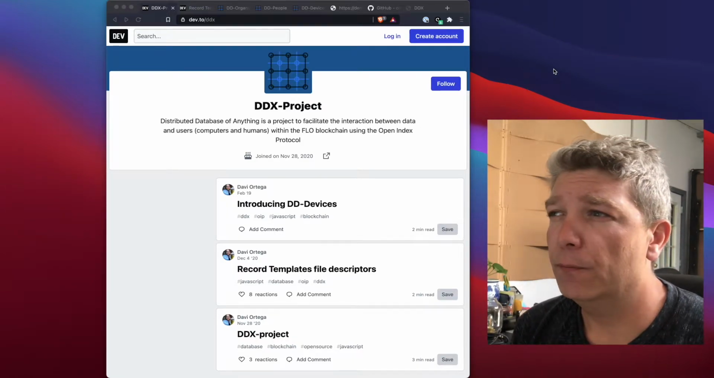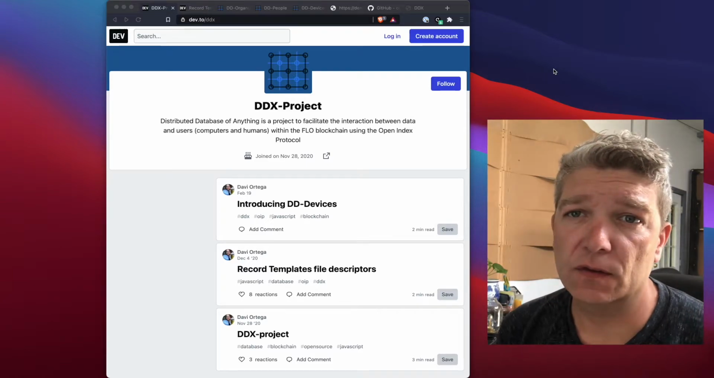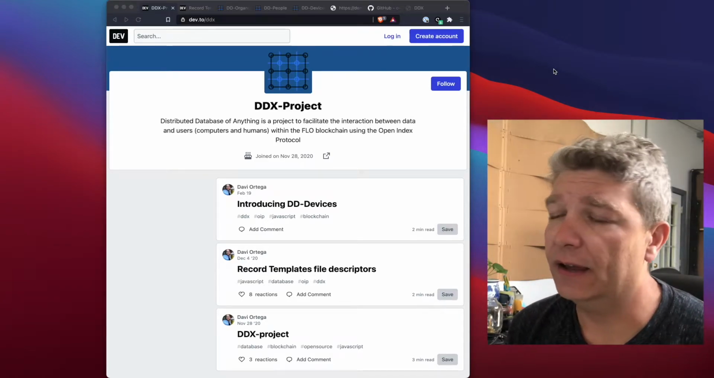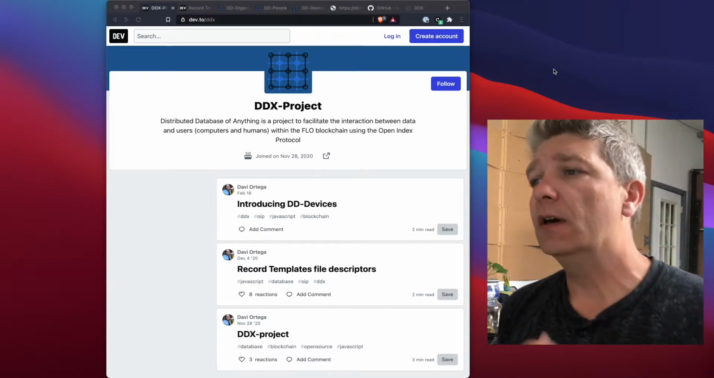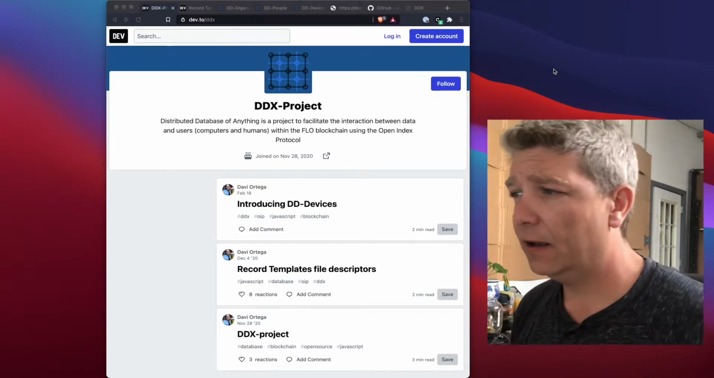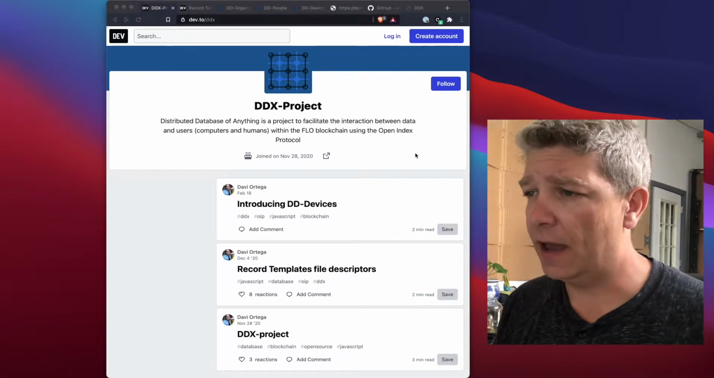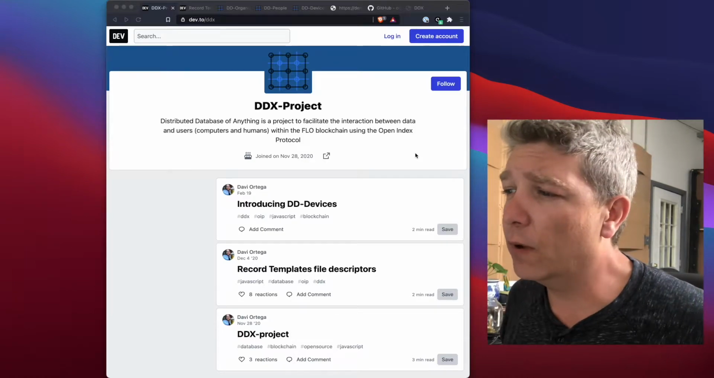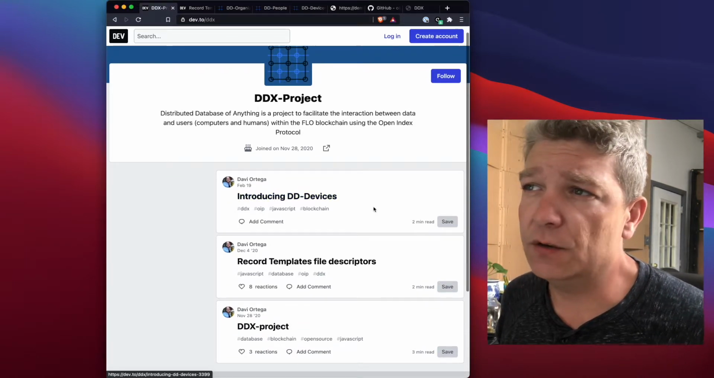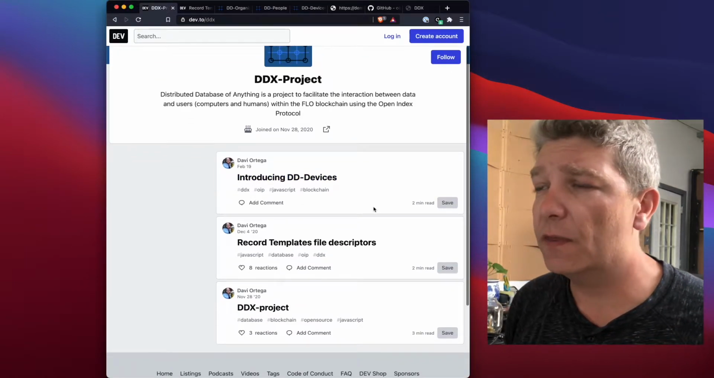platforms built around a project called DDX that is a joint project with a lab at Caltech. It stands for Distributed Database of Anything, DDX, and that Caltech lab, the effort is being led by a scientist named Dr. Davi Ortega, and he's written up a great blog here at dev.to/ddx, kind of explaining some things, including